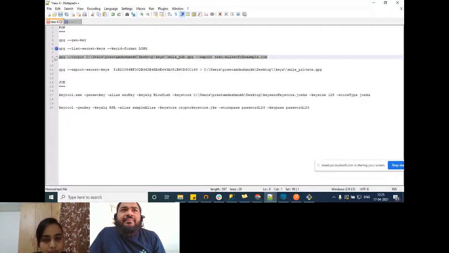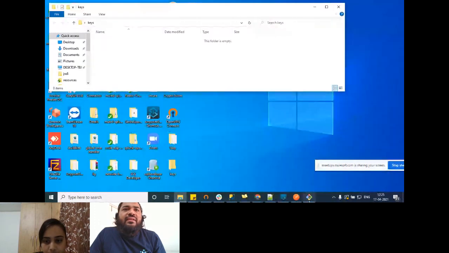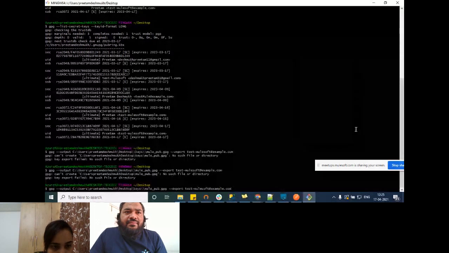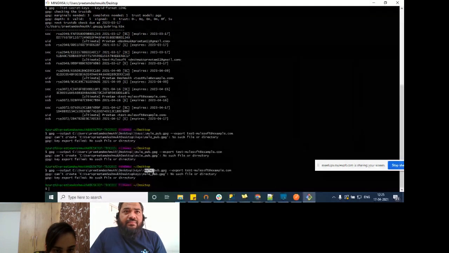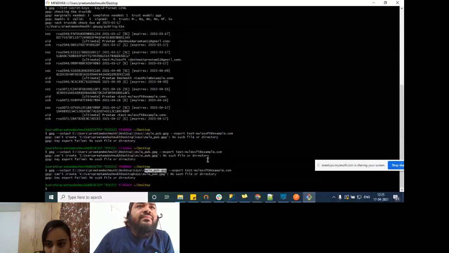Let's see. The key folder should actually get created. Let's try to create it on the normal desktop.